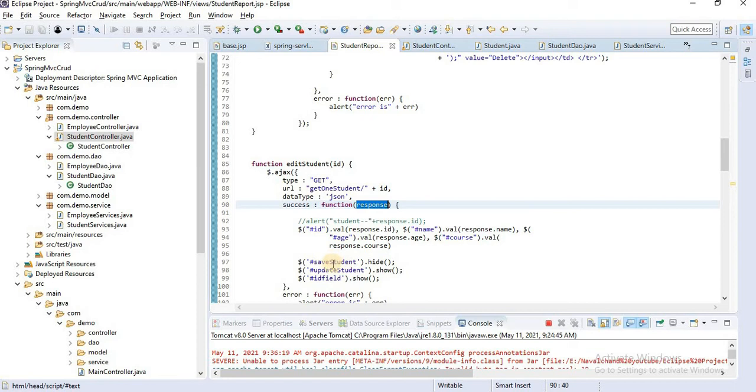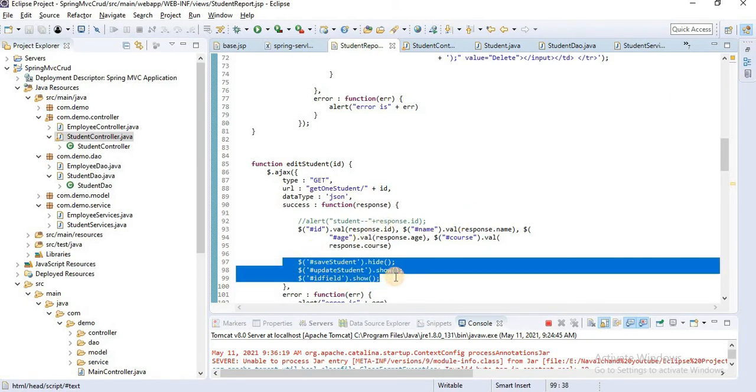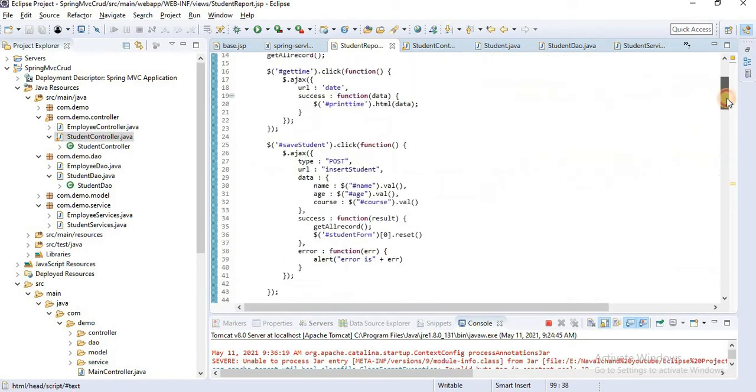Then we hide and show three things: save student, update student, and ID field. Here we define three things. In the case of save student, we don't need to show the update student button as well as the ID field. I'll hide those things in the save student case.